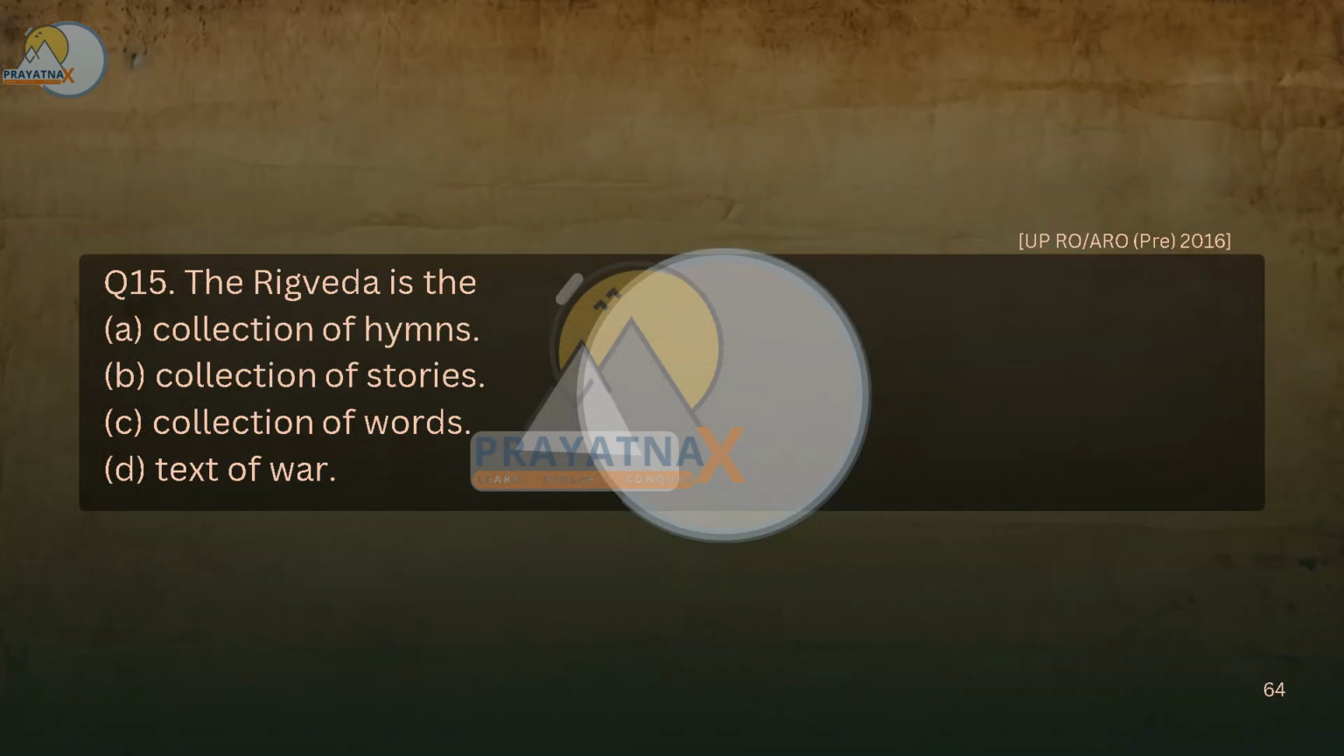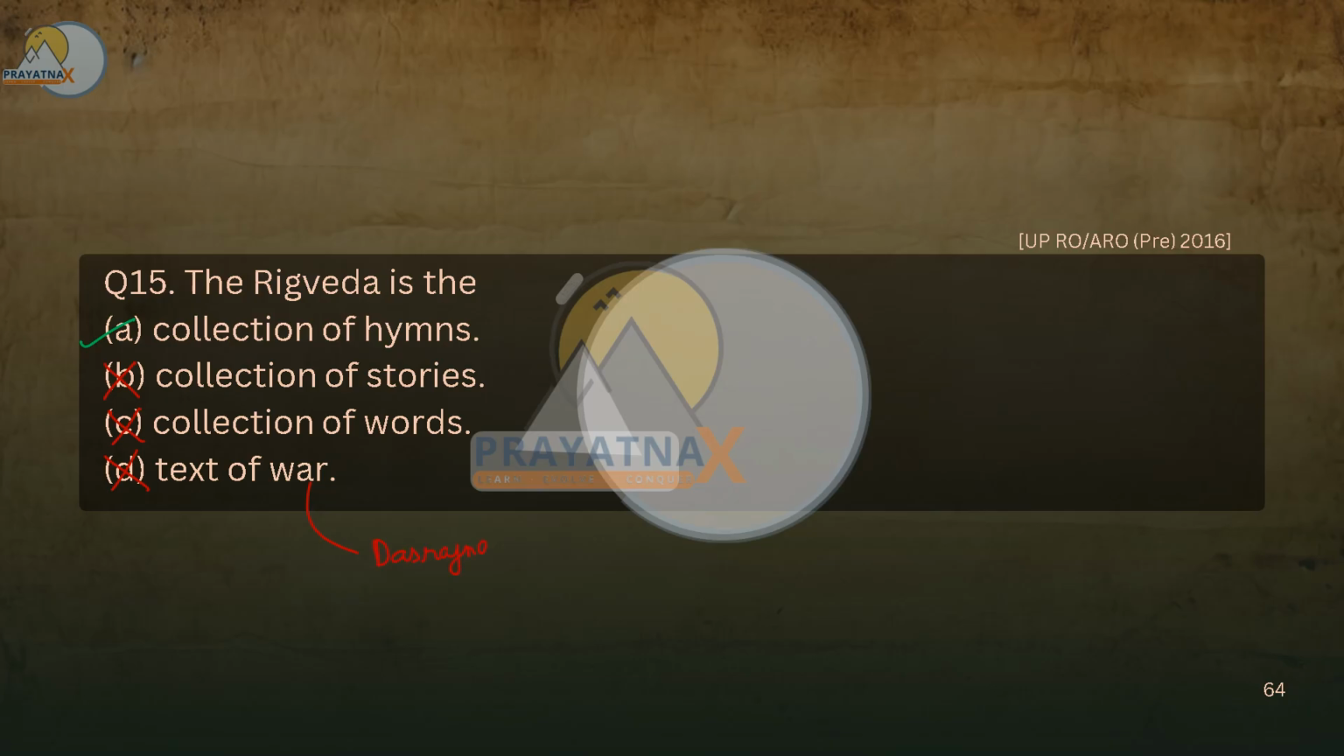The Rigveda is a collection of hymns, a collection of stories, a collection of words, or a text of war. So obviously, Rigveda is a collection of hymns. Although it mentions the Dasrajna War, it is not a text of war, neither a collection of words nor a collection of stories. So, with context to war, it mentions